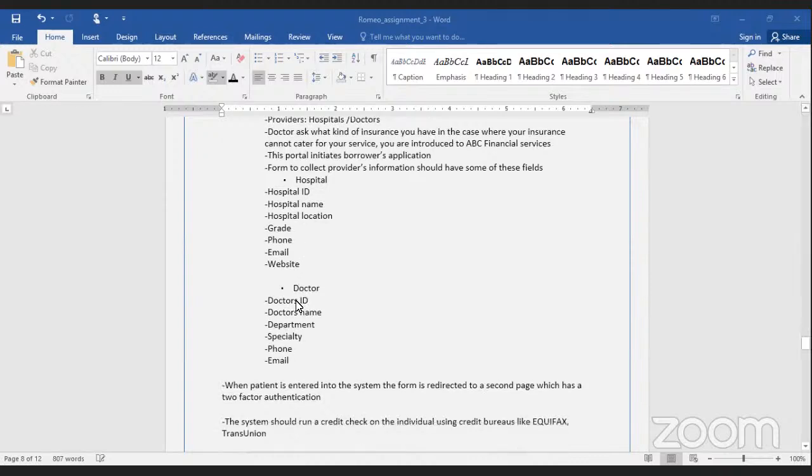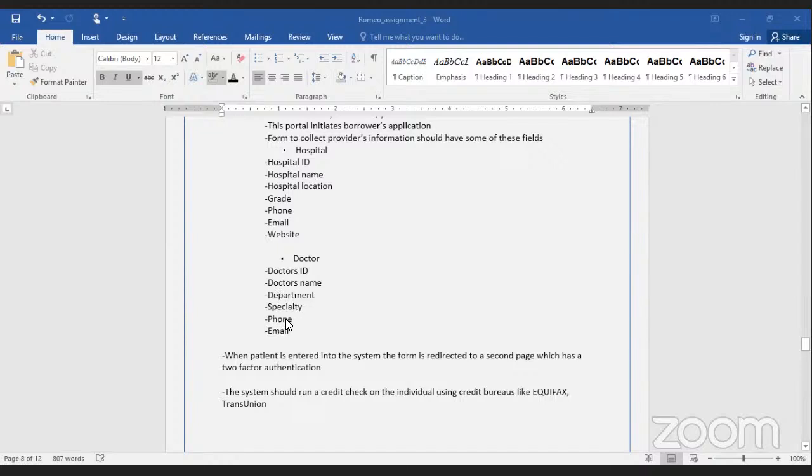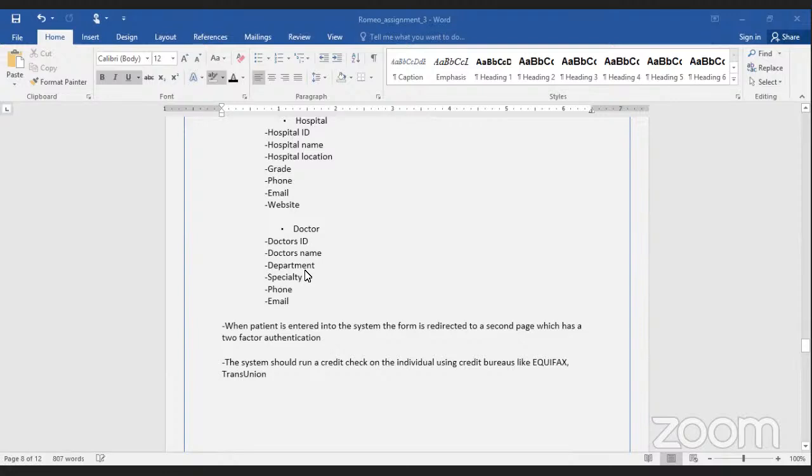Then for a doctor, just like the hospital ID, the doctor's ID will be generated internally by the system. The doctor is supposed to input their name and state which department. All doctors have their specialty.